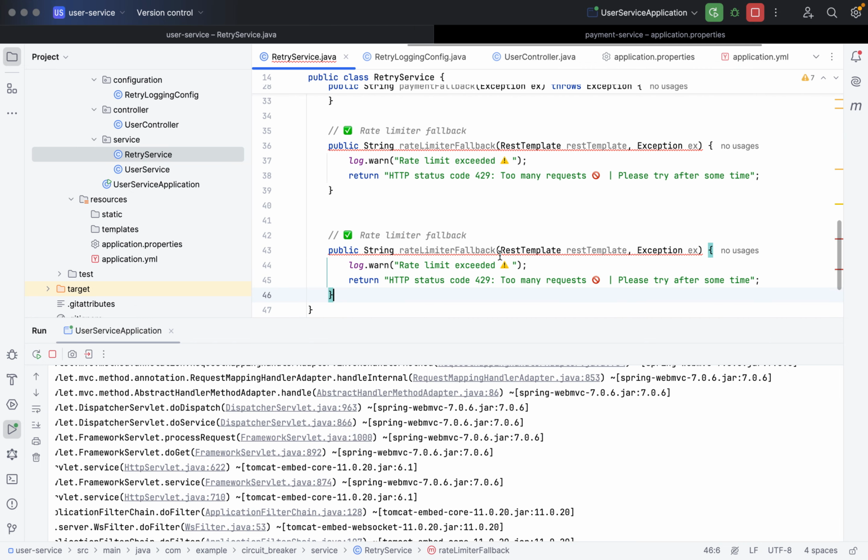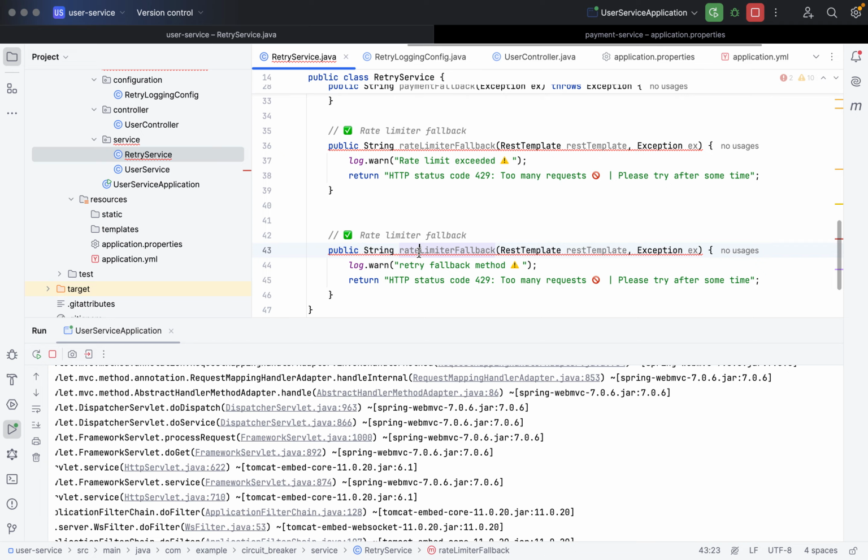Okay, so here what we can see, retry fallback, retry fallback method. Okay. System is a little bit slow, it's okay.